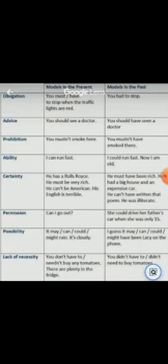Next is modals in the present and modals in the past. Here there are the same types of modals like obligation, advice, prohibition, ability, certainty, permission, possibility, lack of necessity. So they have given you an example of how all these types of modals are used in the present form and in the past form. So please students, try to understand these. Take a reading properly and make your own sentences. Then you will understand it better.